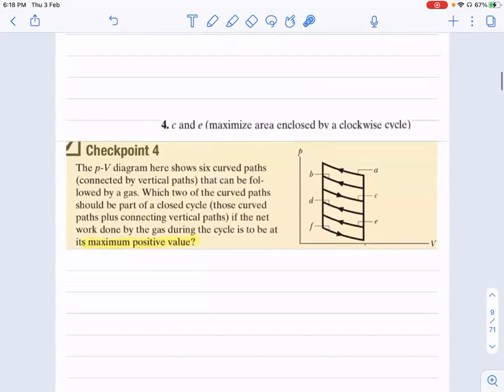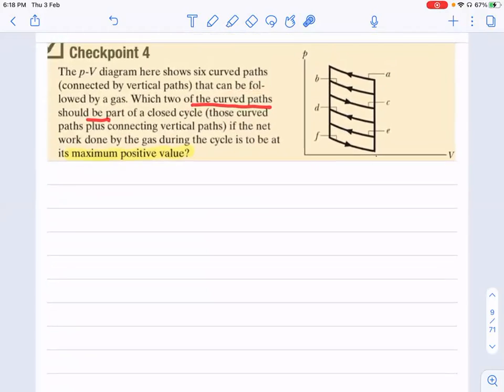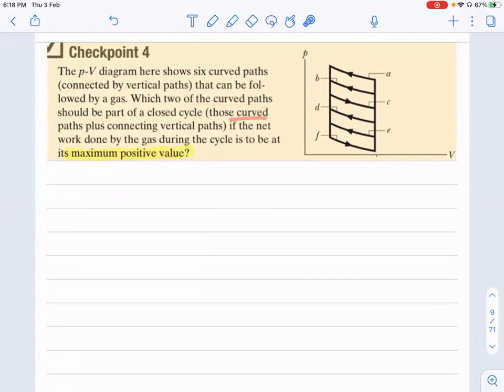ये क्वेश्चन based on this point, can we do this question? PV diagram is shown. PV diagram here shows 6 curved paths connected by vertical paths that can be followed by the gas. Which are the 2 curved paths showed by the part of the closed cycle? Those curved paths plus connected vertical lines. इस तरह से ऐसा कुछ है।